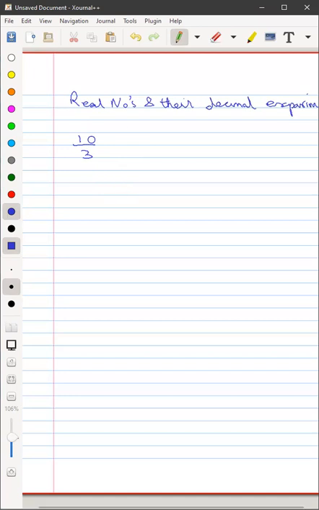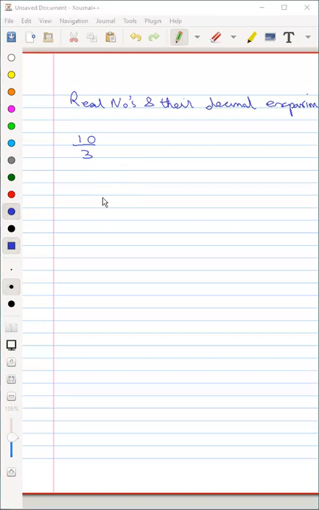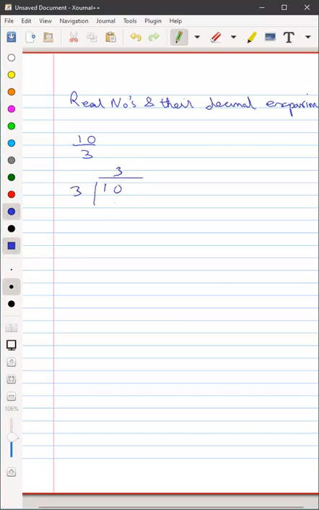We did this in 5th standard. You just divide. How do I do 10 divided by 3? Long division, the long division method. We get 0 down, and again 3. So we'll get 9 here. Again, we'll get a 0, then 10, and 3. Again, we'll get a 9, 10, right? And so forth.